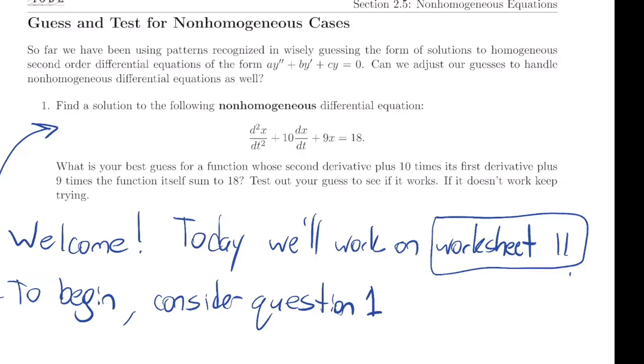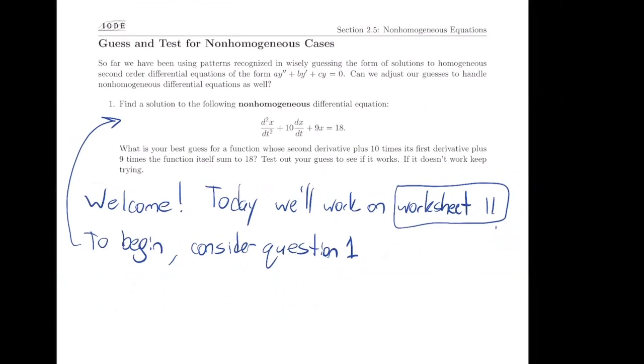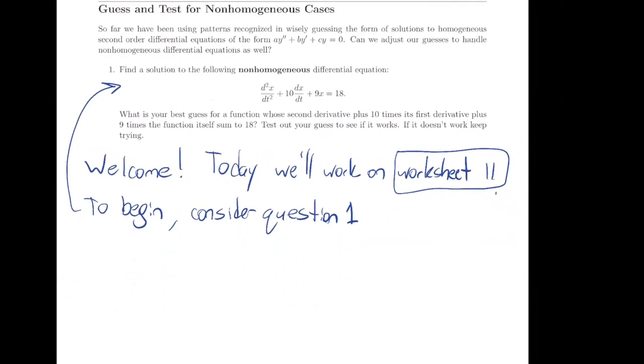Okay, so then let's start by thinking about this problem on worksheet 11. Let's consider this second order differential equation, x double prime, the second derivative of x, plus 10x' plus 9x equals 18. So we've talked about how we can find the homogeneous solution